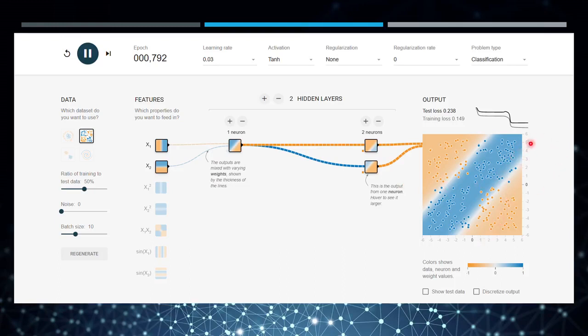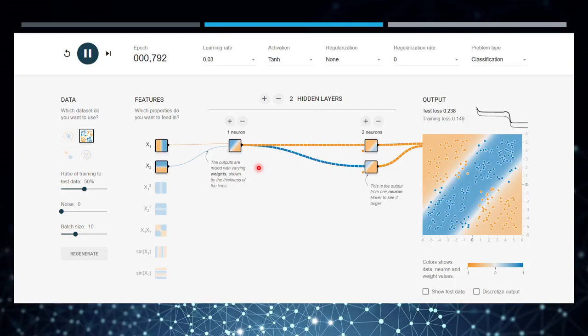You see that using one neuron in the hidden layer, it is only able to draw linear decision boundaries. So even after 792 epochs, we aren't able to separate the dataset. You can see that even in the training dataset, some of the orange dots also lie in the blue region. So this is not the proper decision boundary. So if we make our model a little bit more complex, such that each neuron has a role in making one decision boundary,